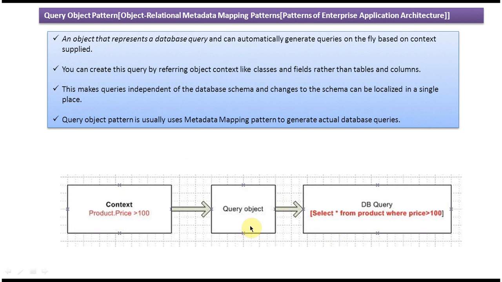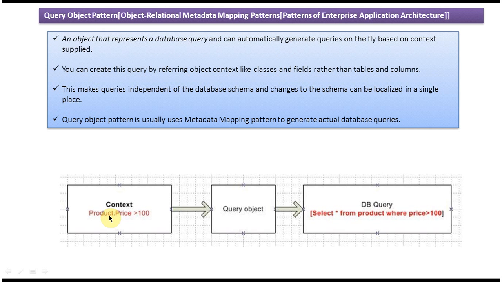So what this query object will do is check the context, and based on the context it will automatically generate a query. Here on the left side you can see product dot price greater than 100. So product is one class and price is one field of that product, greater than 100. This is the context passed to the query object. What the query object will do is interpret this context information, and based on that it will generate the query. So product is a class, so